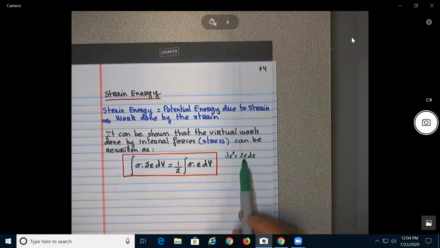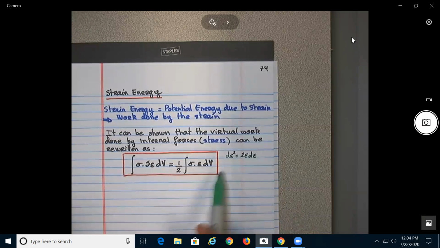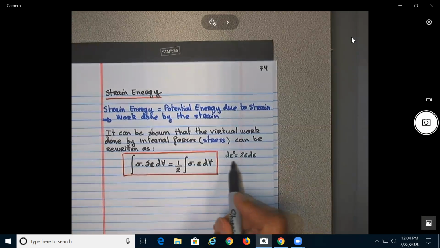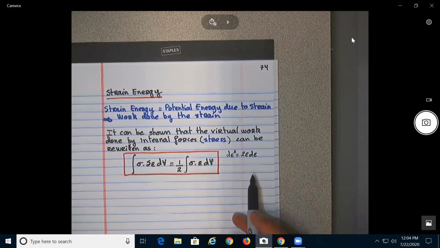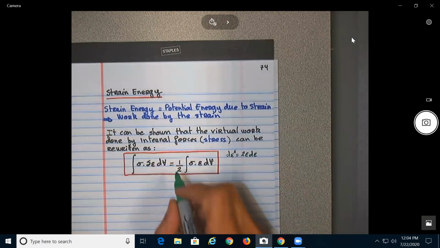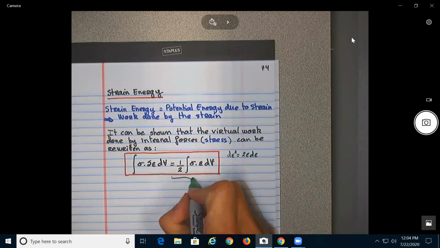So really, E epsilon square could be written as 1/2 of this term. That's what it's based on, but I'm not going to do it here because it doesn't add much. The idea behind it is using the derivative of something, which is 2 epsilon d epsilon, okay? All right, so this term over here is what is known as